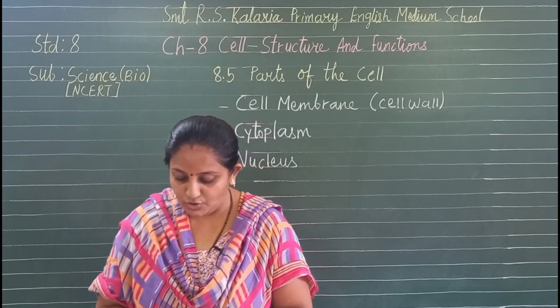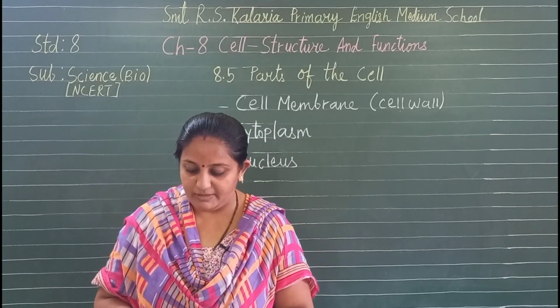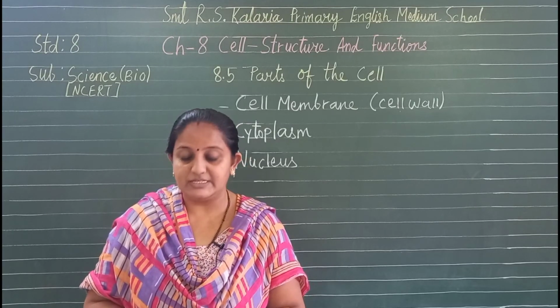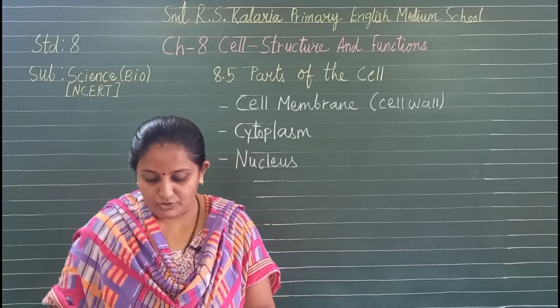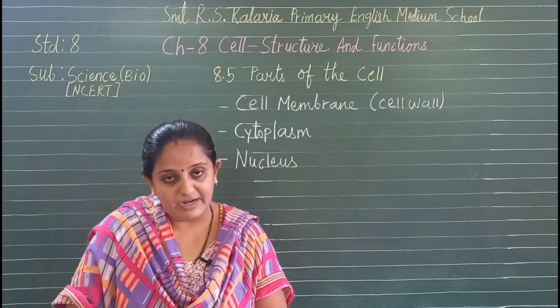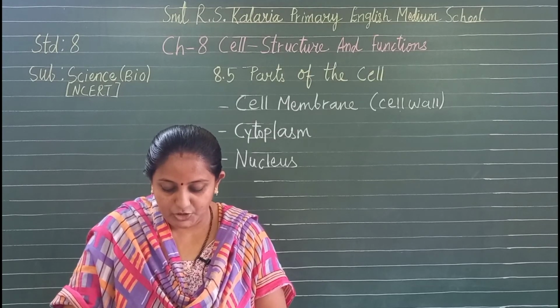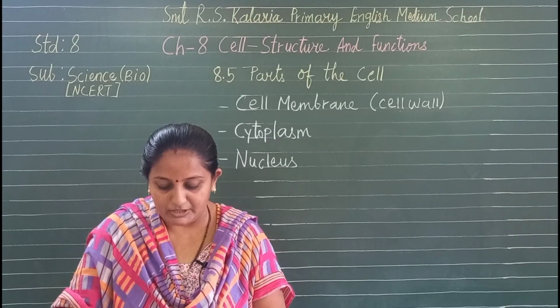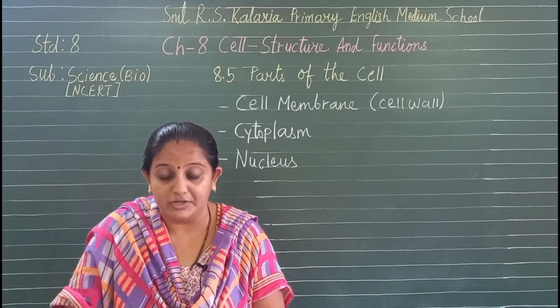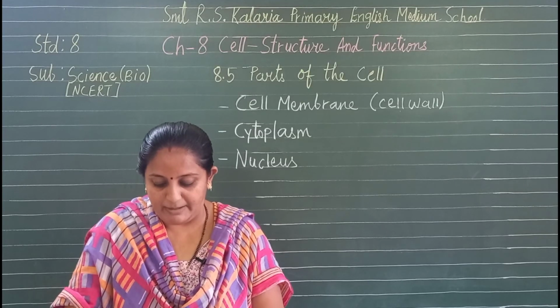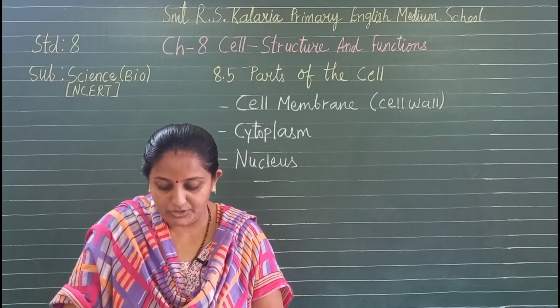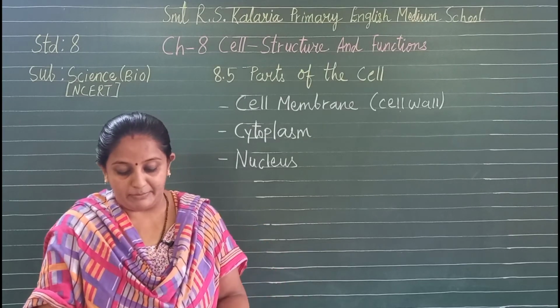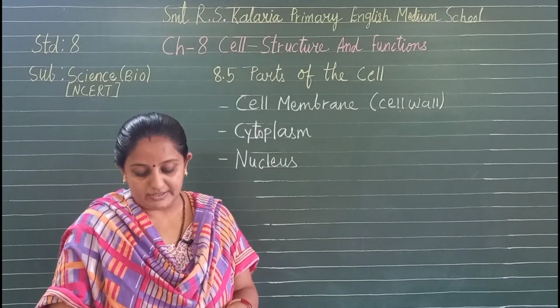Now Paheli wants to know if the structure of the nucleus is the same in the cells of plants, animals and bacteria. The nucleus of the bacterial cell is not well organized like the cell of a multicellular organism. So there is no nuclear membrane. Cells having nuclear material without a nuclear membrane are termed prokaryotic cells.